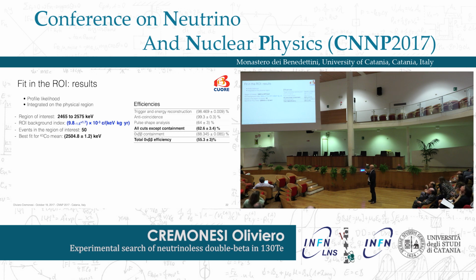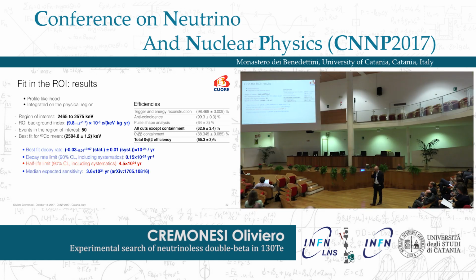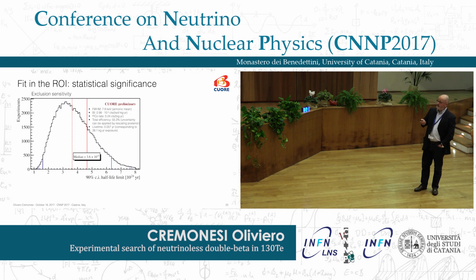The total number of counts is 50, and what we obtained this time was, for those who remember, a discussion concerning the position of the cobalt line in CUORE-0. This time the line is centered, or is compatible with the nominal value. The limit coming on neutrinoless double beta decay, since I guess you can believe we have no evidence for a peak there, is 4.5 10 to the minus 4, which is larger than the one obtained already with CUORE-0. Okay, I can skip this.